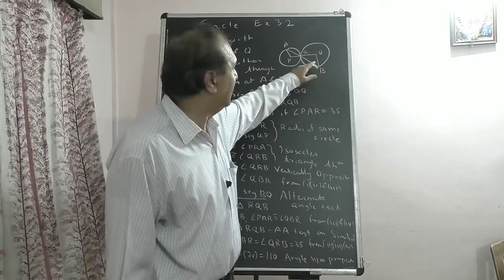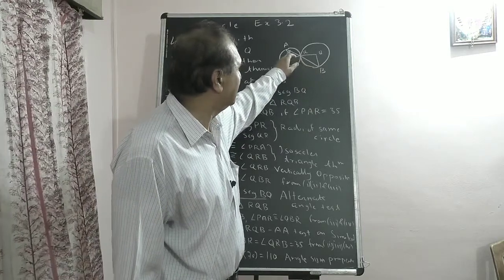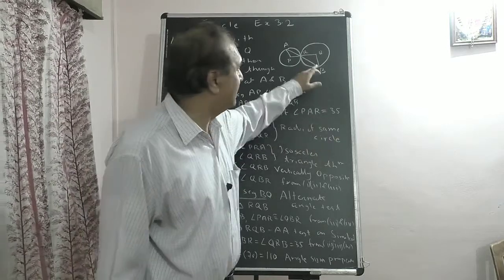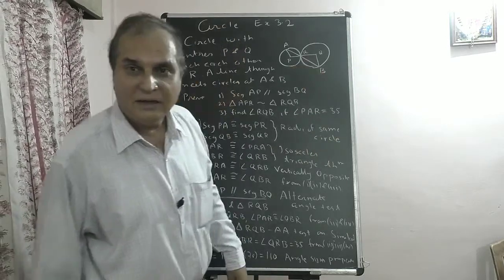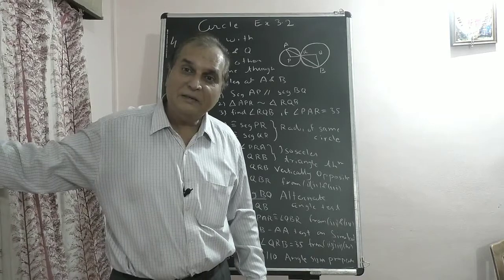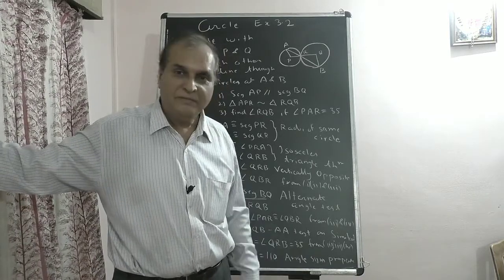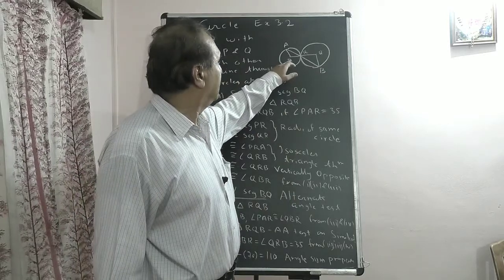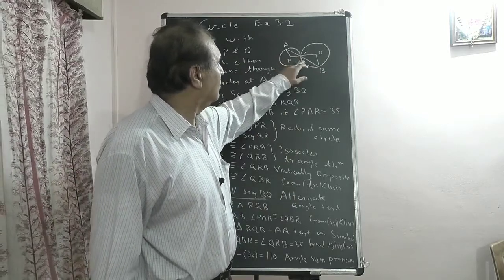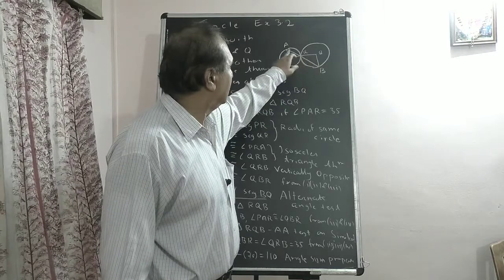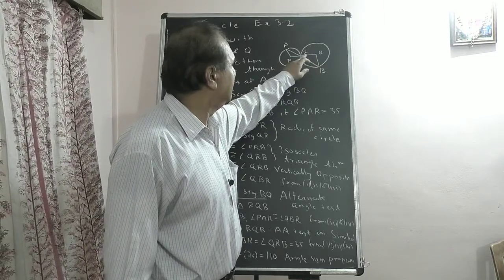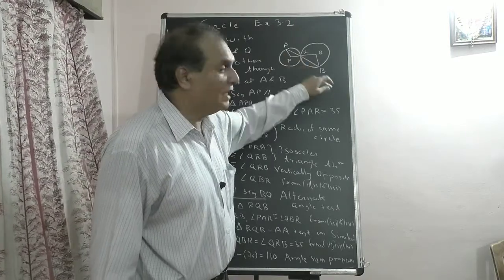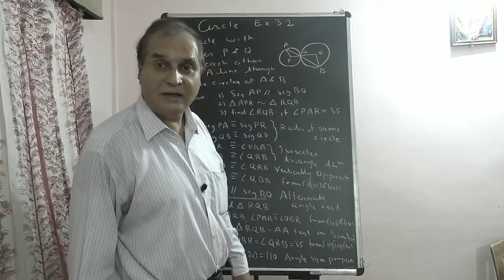Understanding? So if one angle is 35, this is also 35, this is 35, this is 35. So another angle you can find out. If two angles are 35 and 35, that is 70, the other angle is 180 minus 70, 110 degrees. Understanding? Okay. And if angle PAR is congruent to angle QBR, this is a transversal. These are alternate angles. If alternate angles are congruent, PA is parallel to QB by the alternate angle test.